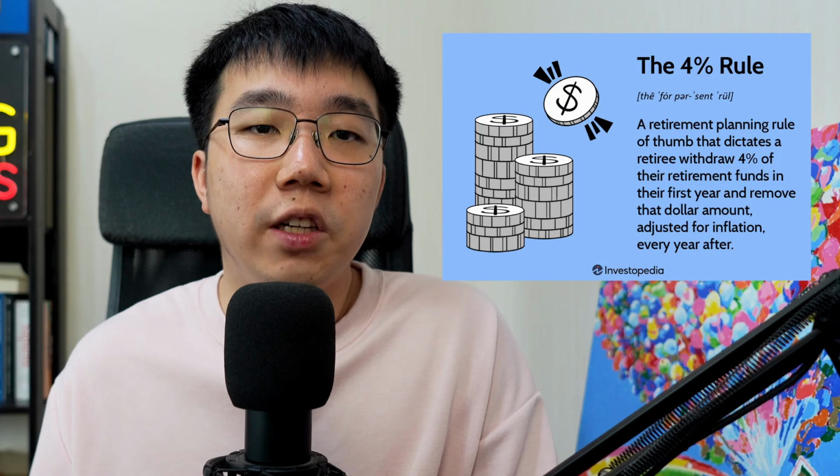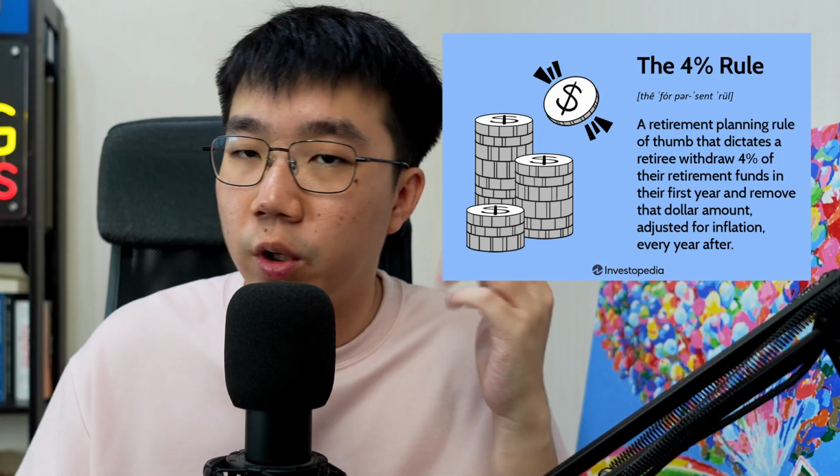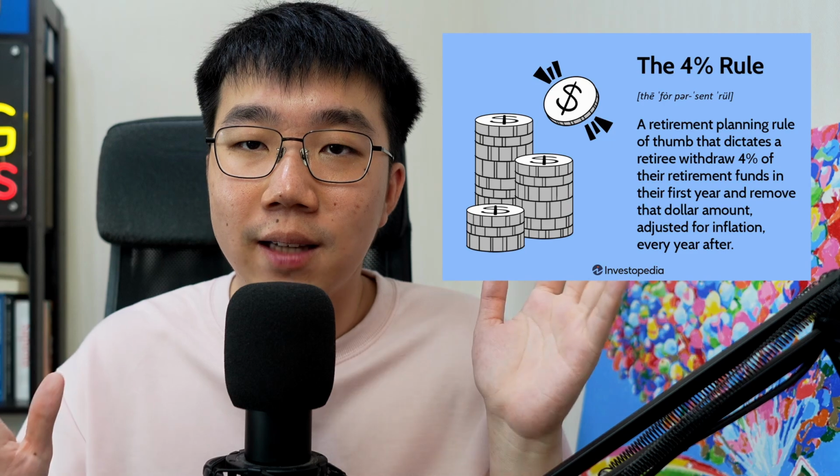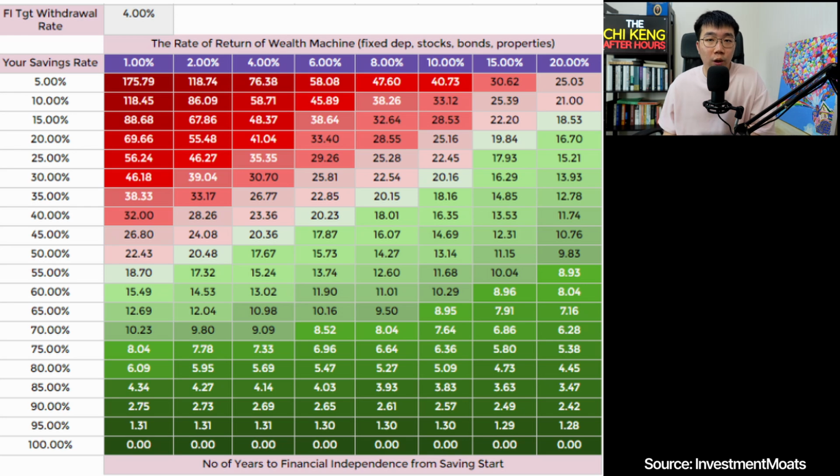And this chart, very simplistically, weighs the three most important factors in this financial freedom equation. How much money do you need to save from your income? What is the rate of return you need to achieve? And what is your withdrawal rate at the point of retirement? To not go into the specifics, we use the conventional theory of a 4% safe withdrawal rate. Don't ask me why, but there's enough study and literature behind it. Which basically means that your retirement portfolio can generate 4% per year for your own consumption. And this is the range of timeline that you need to work with to work towards your ideal retirement.